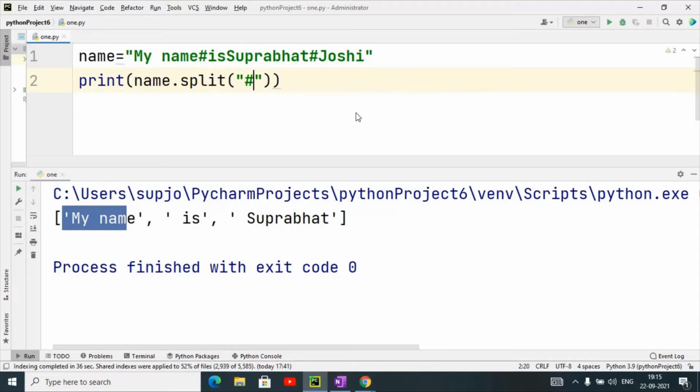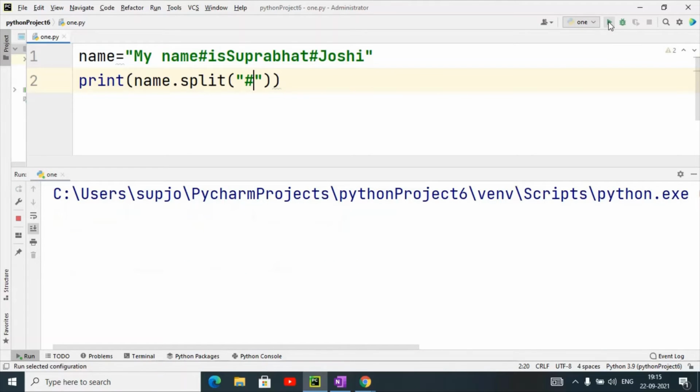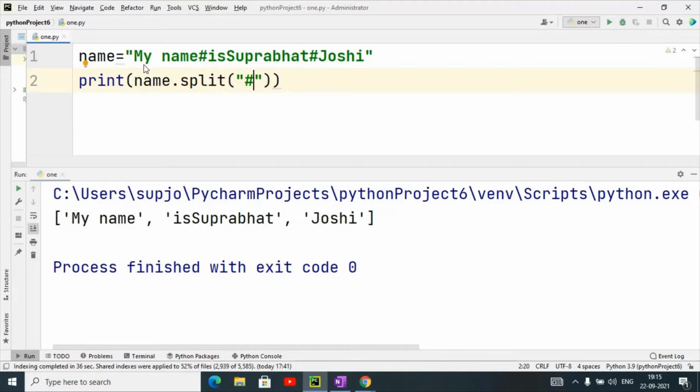When I execute this, it will split on the basis of this splitting character that I have given in the double quotes. So first of all it will give my name, then the second one is Suprabhat, and the third one is juicy. So this is the way it will split the string.